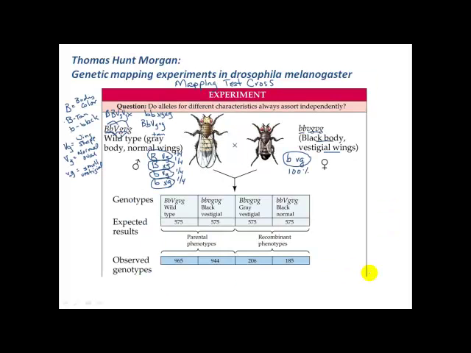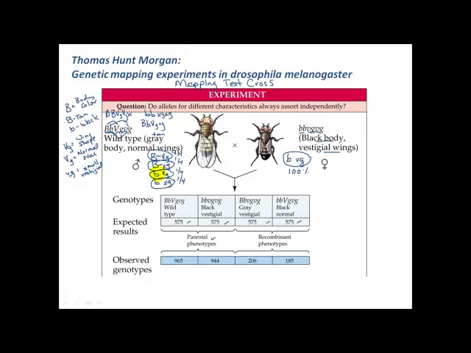What Thomas Hunt Morgan observed when he did this experiment was not equal numbers of each progeny type. Instead, what he observed was an overrepresentation of the parental phenotypes compared to the recombinant phenotypes. All right? So what does that mean? That means that we don't have this kind of independent assortment. We don't have independent assortment between the B and the VG genes, which must mean that they are linked on